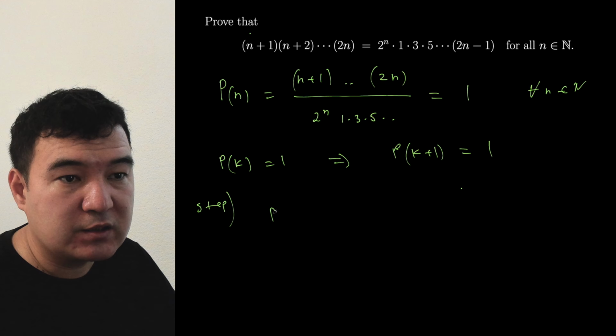Let's prove the following for all n. The multiplication from n plus 1 to 2n is equal to 2 to the power n, times the product of all odd numbers. This is true for all n. Very interesting identity. So for example, if I say n is equal to 1,